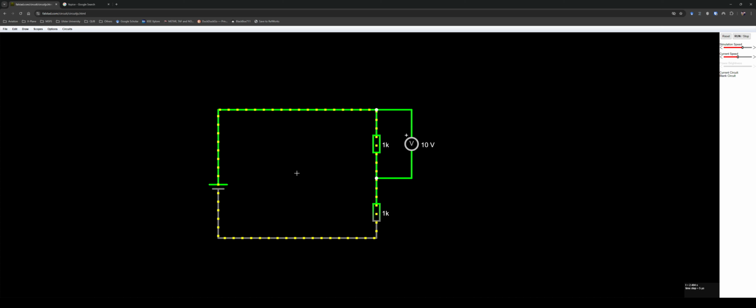To measure the current, you need to add it in series with the component that you want to measure the current of. So in this case, we have two resistors, and the current that flows through this one is the same through this one. So let's change things here, and I'm going to press Shift. Oops. Let's delete this wire, and I'm going to also delete this wire,